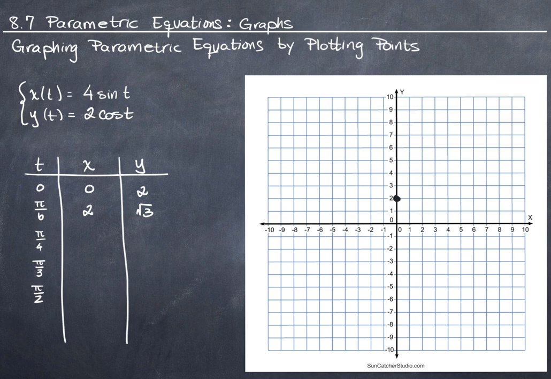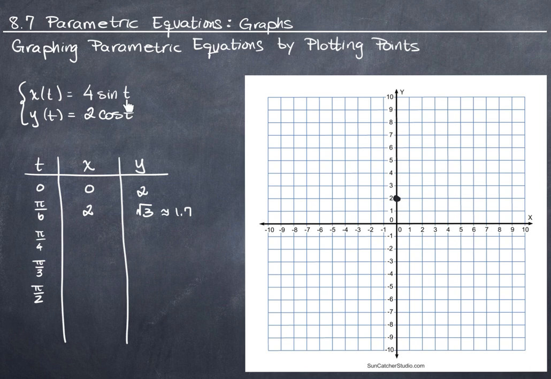So let's get an approximation for the square root of 3. I get 1.73205. There's no way I can graph that accurately, so I'm just going to write it as 1.73, and then the 3 tells me I don't need to round up. 1.7 is close enough. For pi over 4, when I plug pi over 4 in here, I get 1 over